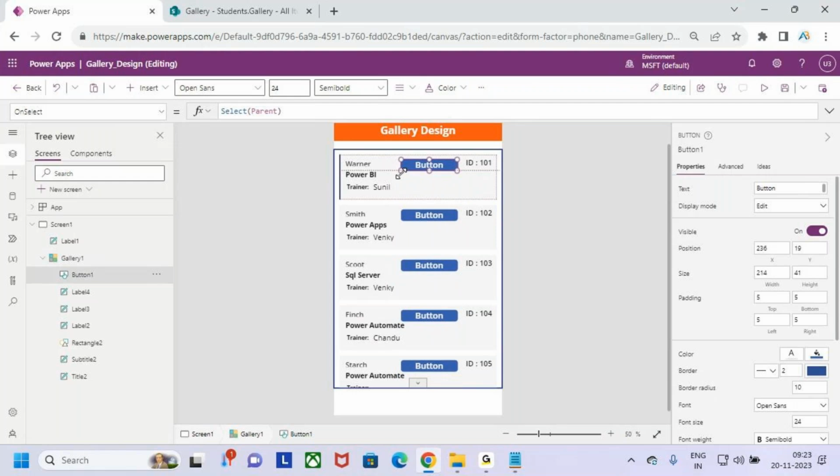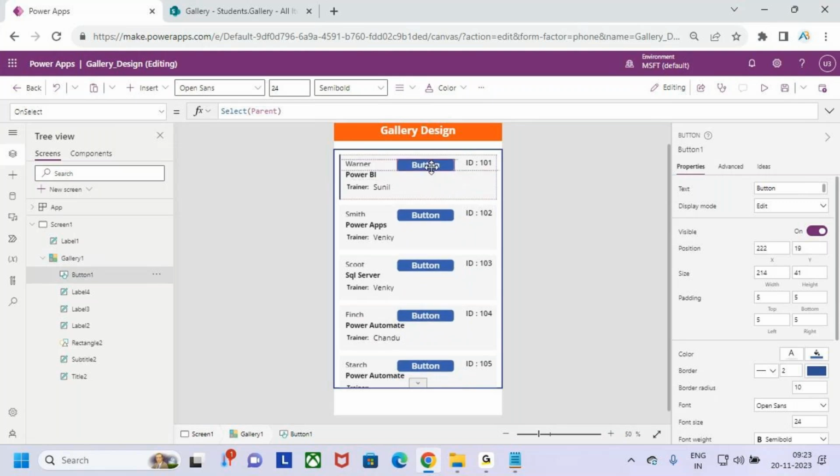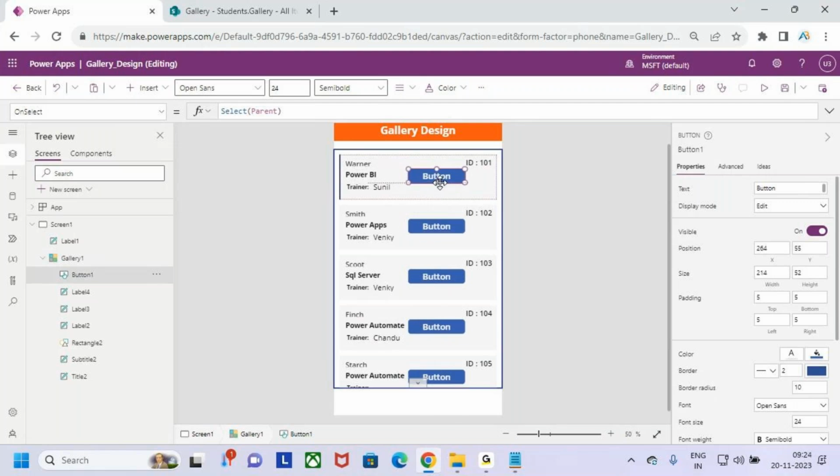Power Automate is covering. Keep it here. Now see here guys, what modifications I want to do here is,